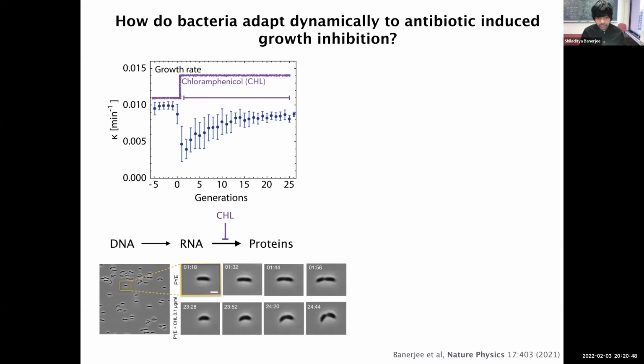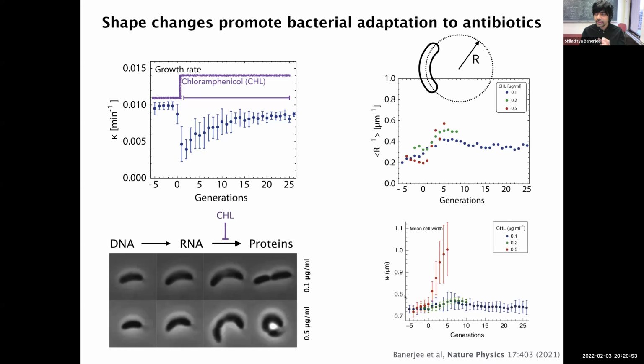We looked at the morphology of the cell, and something very strange happened. Aside from reducing the surface to volume ratio, which gives you the advantage of diluting the drugs, the width of the bacteria actually grows, they become very big. But interestingly, the curvature of the cells also changed. They became highly curved. As you can see here, the bacteria almost become C-shaped.